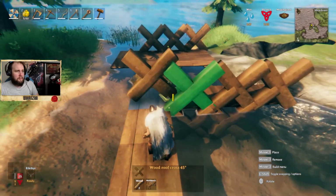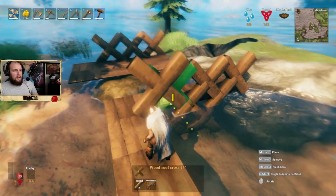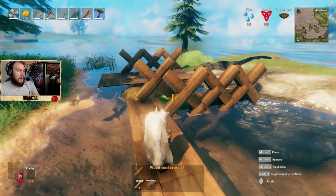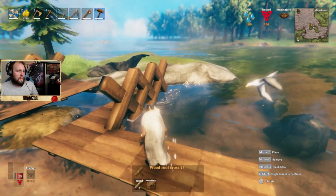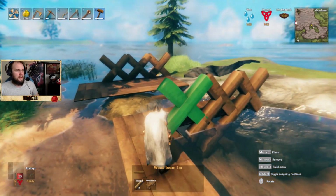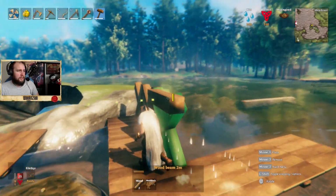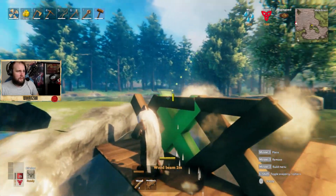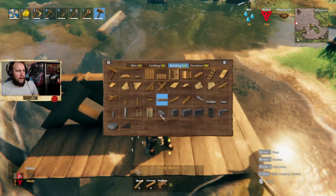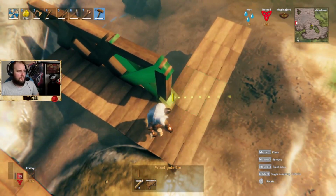But you might have to build multiple floors so you get access, because the snapping is not the smoothest. So next step, when you have this, you just place a beam in the middle. And now, on the third,